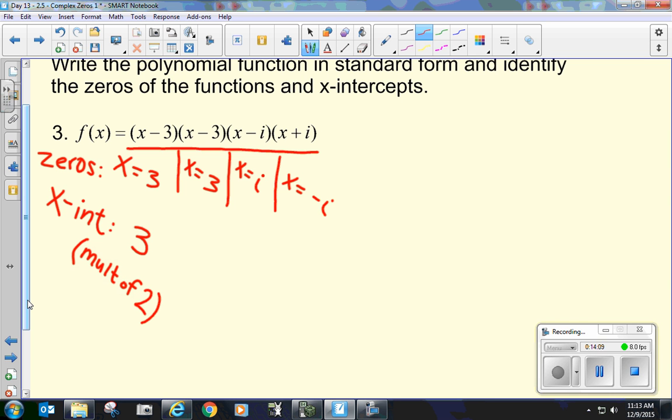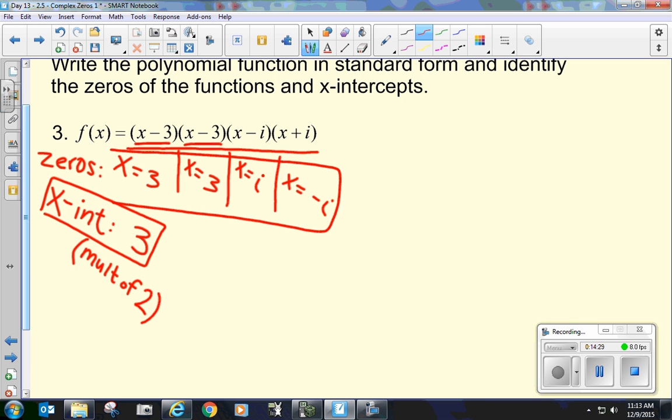So if I see x-intercept is 3 with a multiplicity of 2, when I go back and try to get my main function, I start to FOIL everything out again, I need to know that I have to do this twice. That's all that multiplicity does. That's not necessary for the answer here. You just need the x-intercept, which is 3. Here are your zeros. Now, when it comes to FOILing,